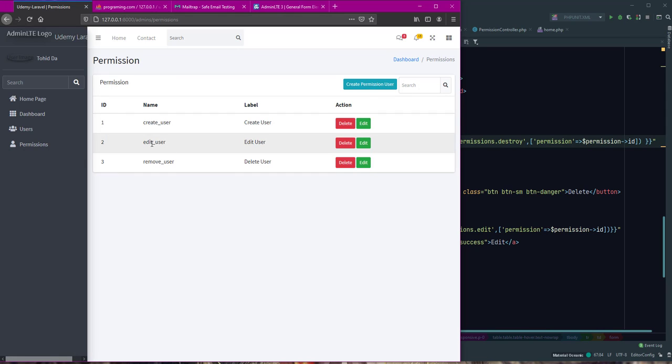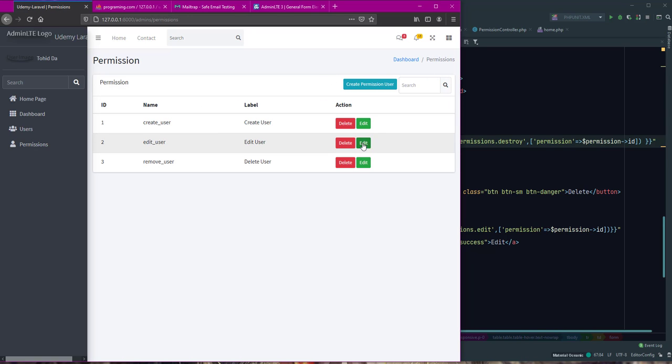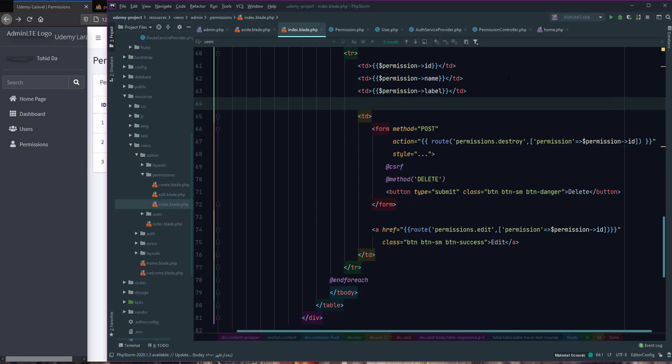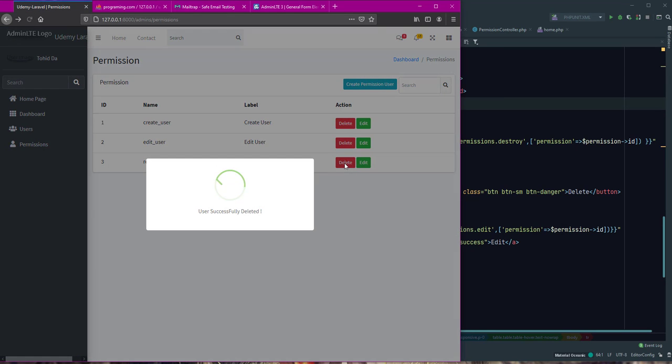We can search, edit works and other works, edit, change it to edit permission, okay, and index works, and we can use delete,